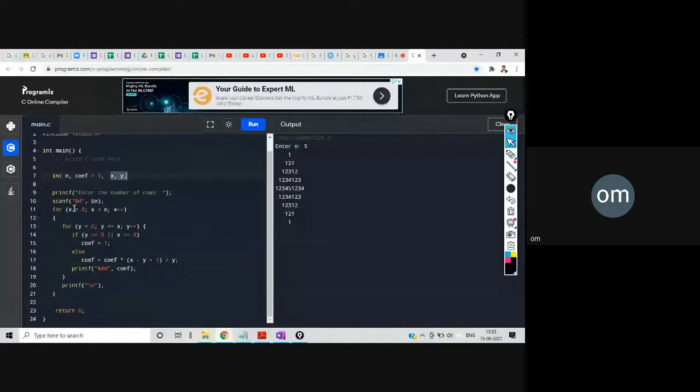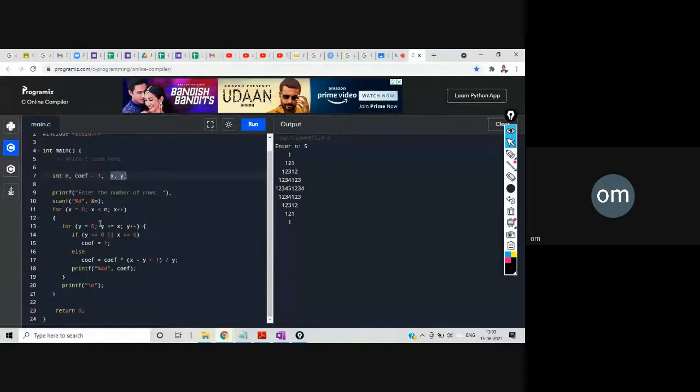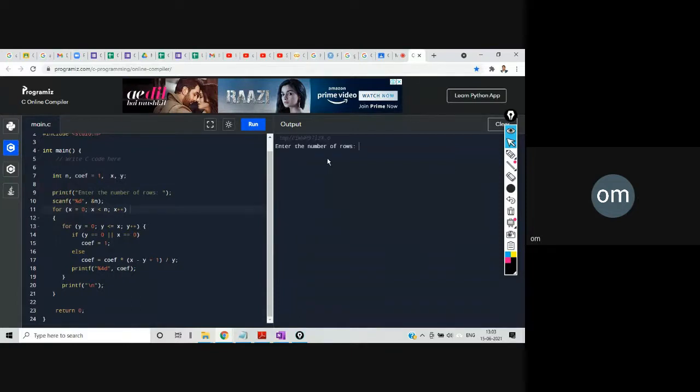So my first loop is exactly the same, right? It's like x equal to 0, x is less than n because I'm starting from 0, x plus plus for the number of rows. And inside that, let me run this. So it's giving me this one.